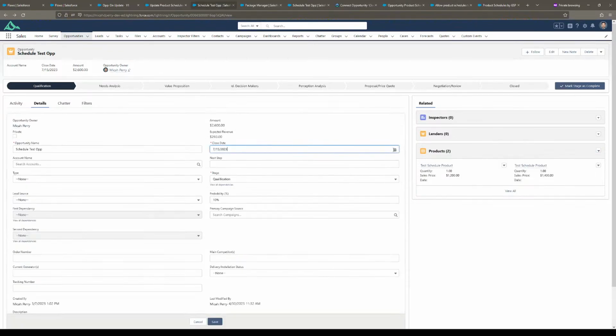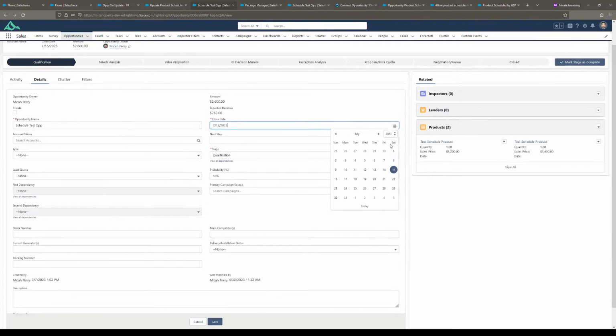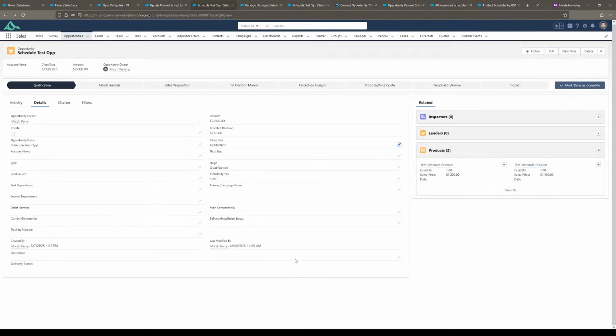And that's because if I do the 30th here, let's do, what do I have on here now? The 15th. If I go back to say July 30th here and hit save, I don't know. There's no way that I've been able to figure out to say, when you get to February, to not make it the 30th, make it the 28th, make it the 29th, whatever the last day of February